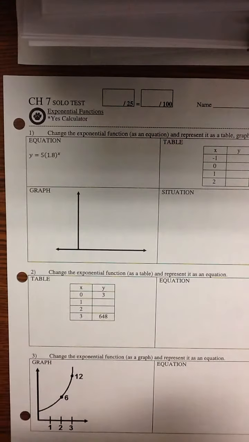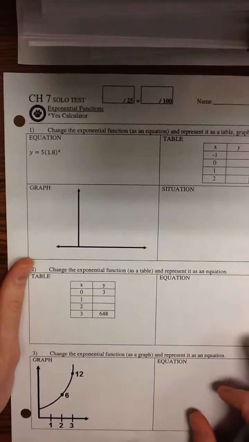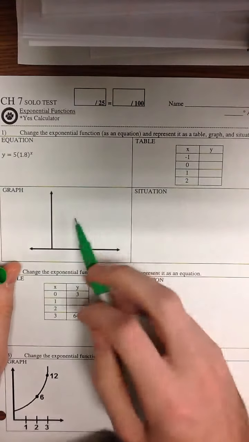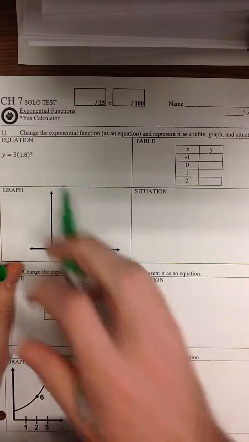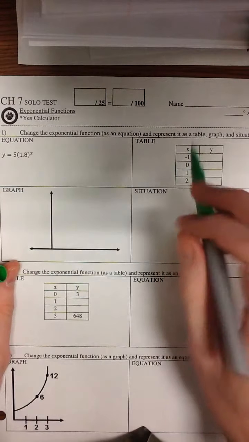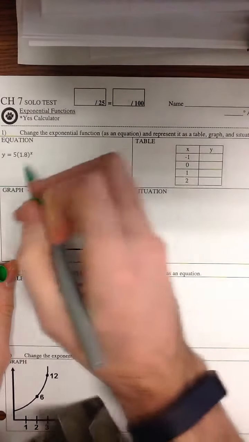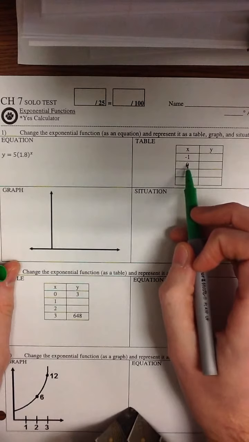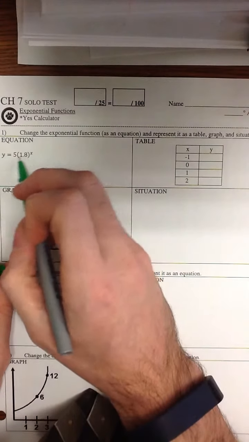Alright, let's check out what we got on this test. So, the first thing we had to do is change this exponential equation into a couple different representations. So when we were going from equation to table, we were plugging these x values in for x over here. So if we plug in, I'm going to start with 0, because if I plug that in, I have